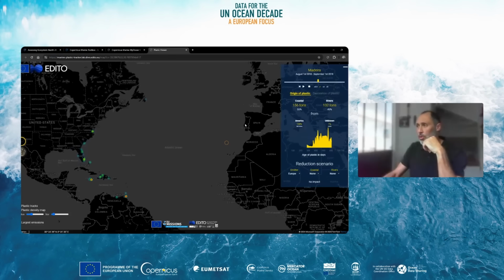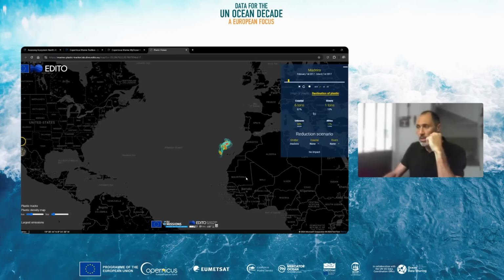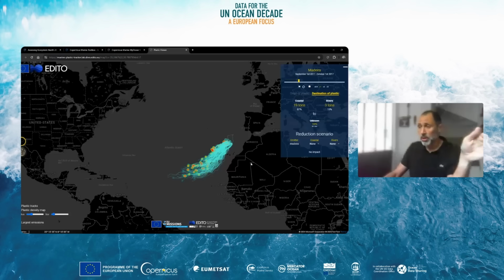And if I go on this option to track the plastic from Madeira, you will see the different tracks of the plastic particles starting from Madeira and going through the Atlantic Ocean.